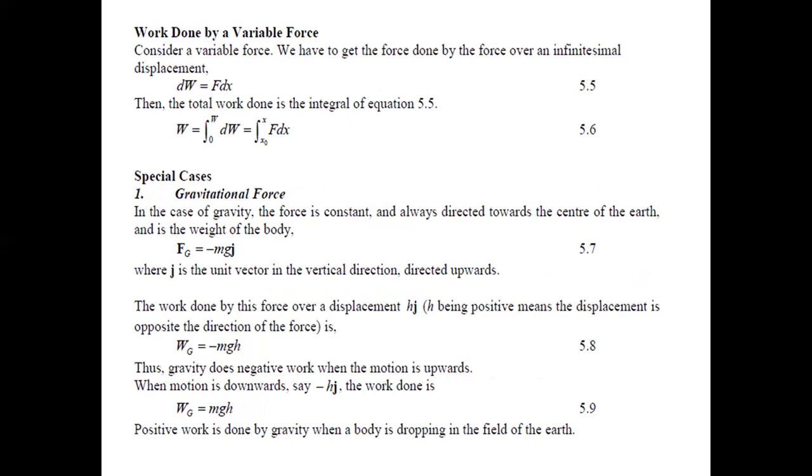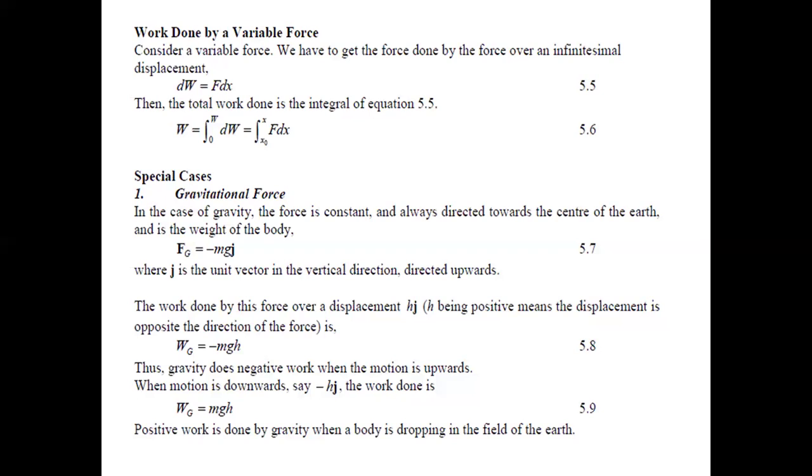That is the work done by a constant force. What if the force is variable? Then we can only talk about an element of work being done by the force over an element of displacement. We write each of these as very small because the force is not constant. We are assuming that over a small bit of displacement, F is constant enough for us to say the elemental amount of work done is equal to that force multiplied by the small displacement,